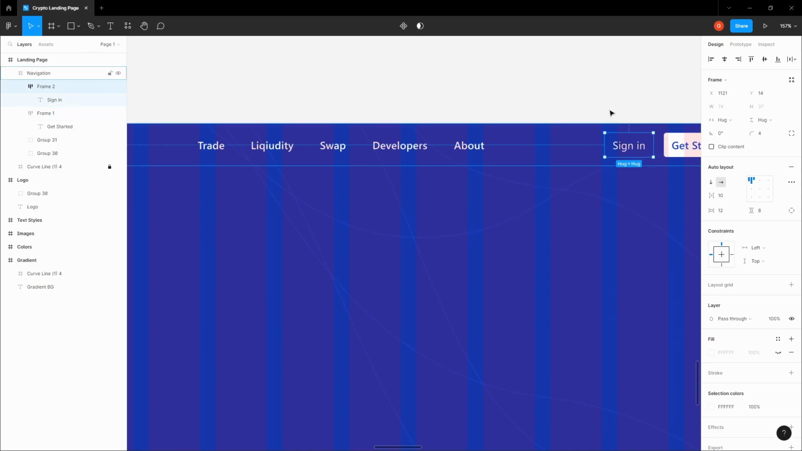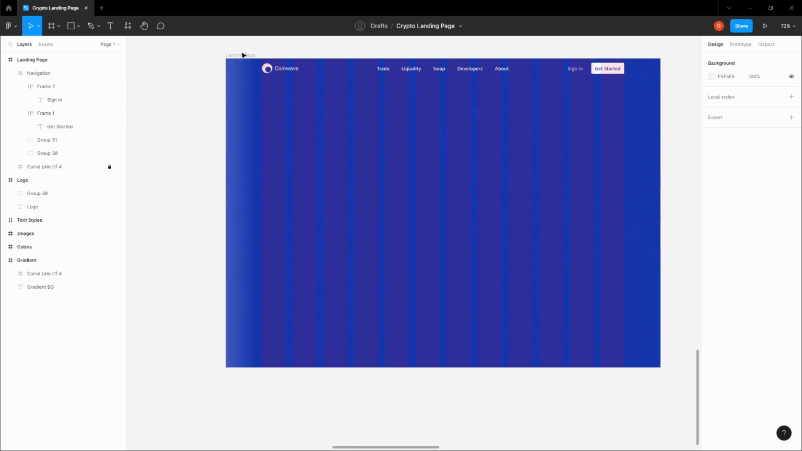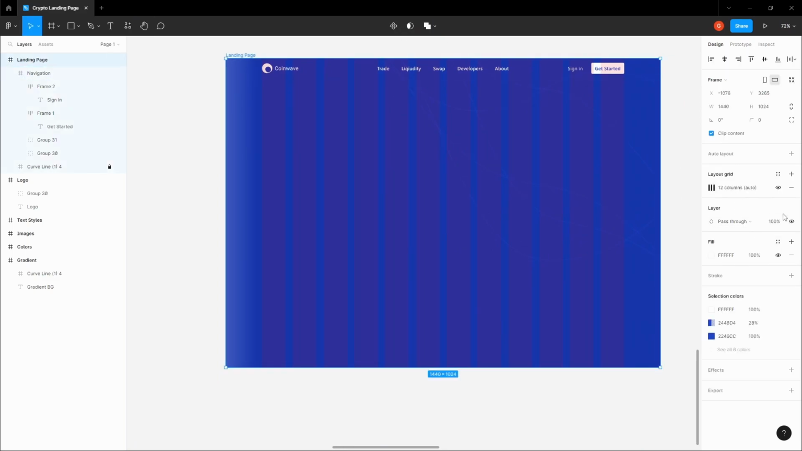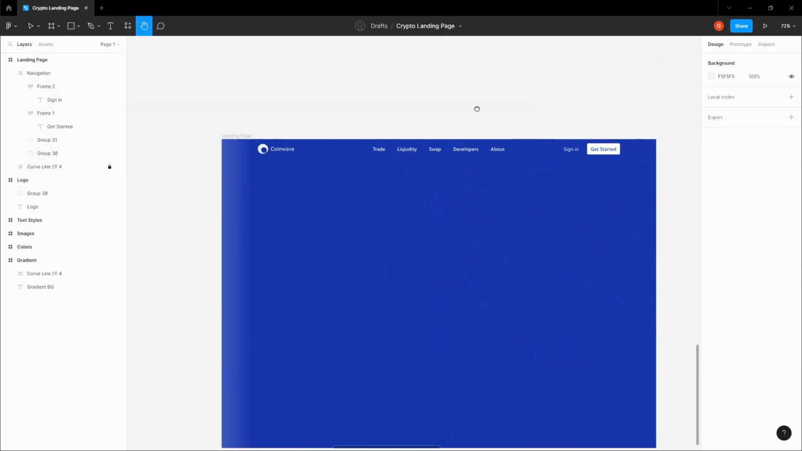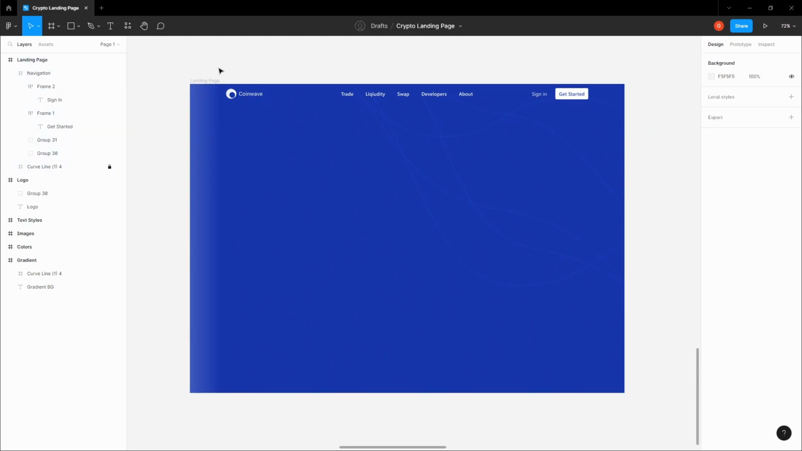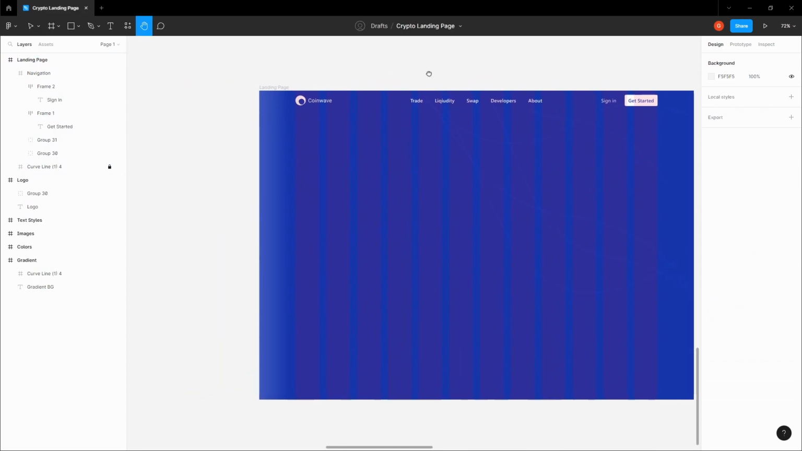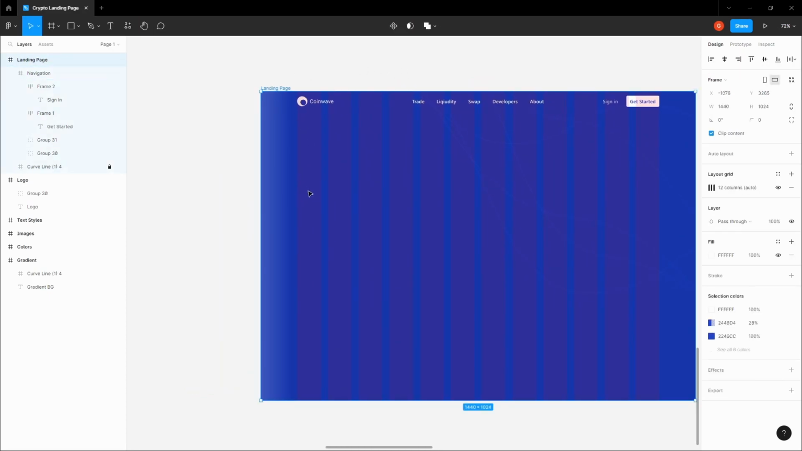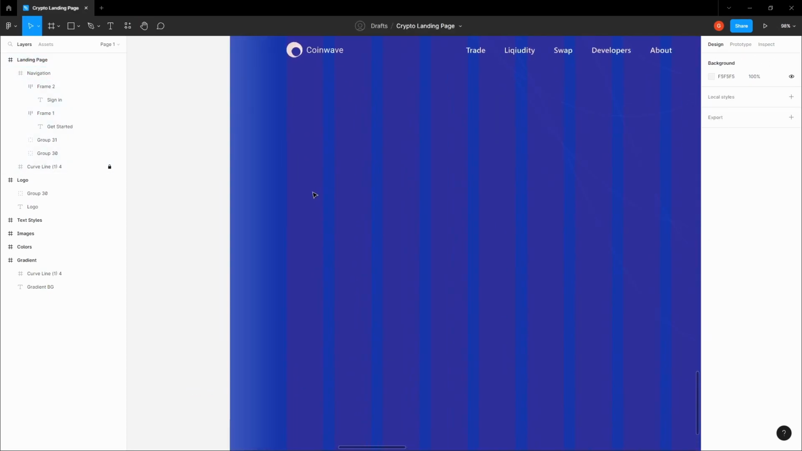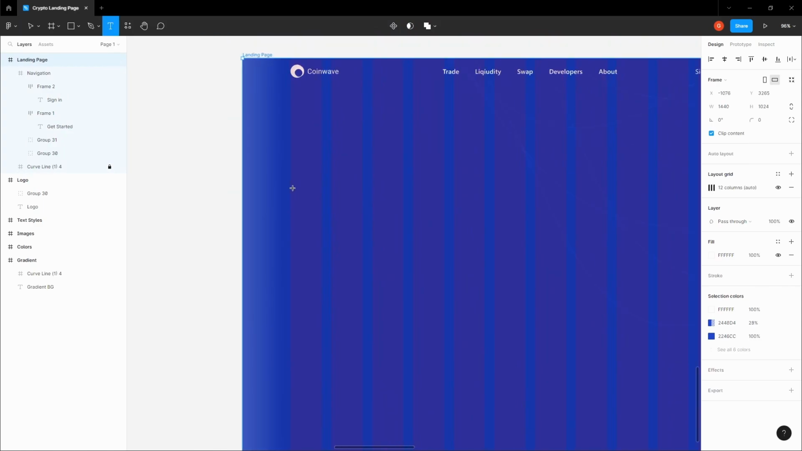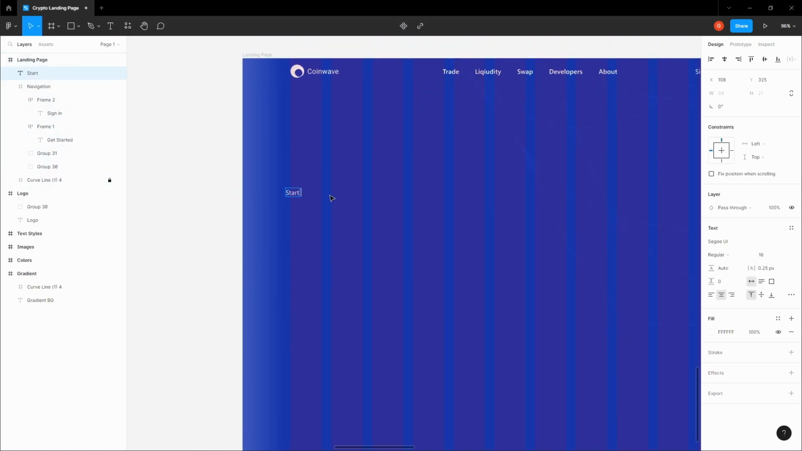It's 16 pixels. There we go. Let's disable the grid. Okay, looking good. Let's activate the grid. There we go. Okay, let's just write up the title now. So we have a heading now, and say start investing in your crypto portfolio today and grow